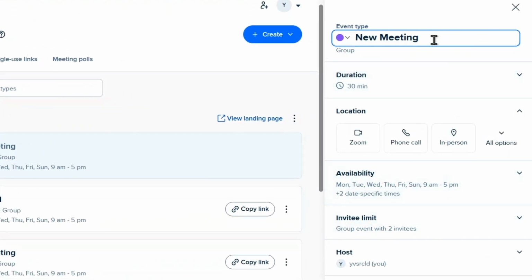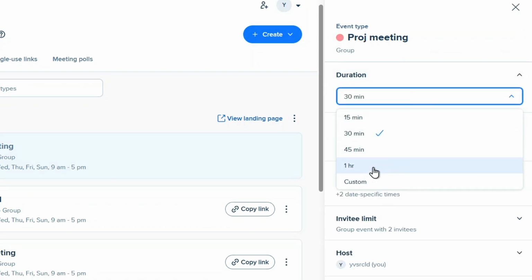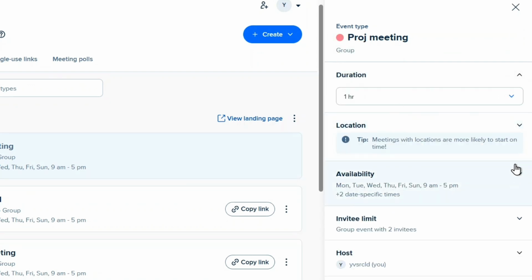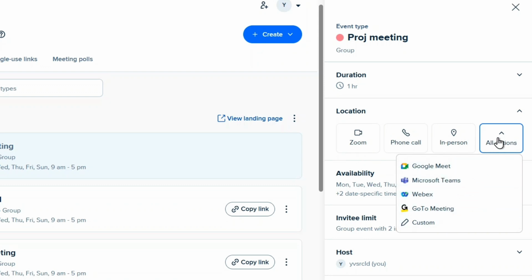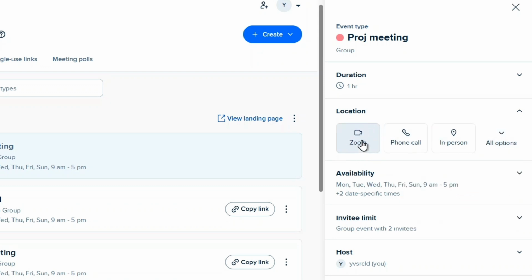Start by editing the event name so it clearly describes your meeting. You can also choose an event color to easily identify it, then set the duration by selecting how long the meeting will last. In the location section, choose how and where the meeting will take place, such as Zoom, phone call, or in person. If you prefer video conferencing but haven't connected your tool yet, you can integrate it later